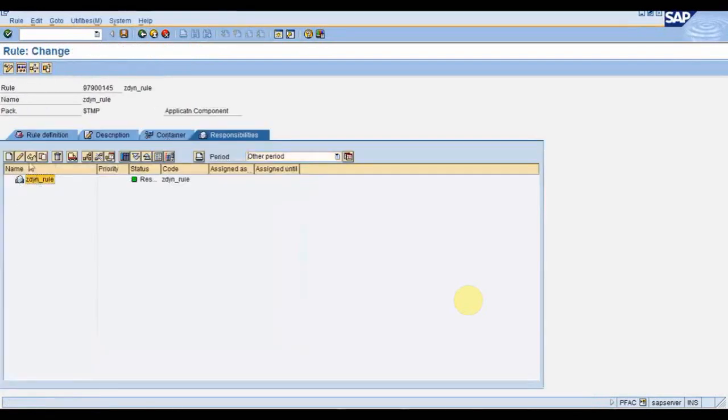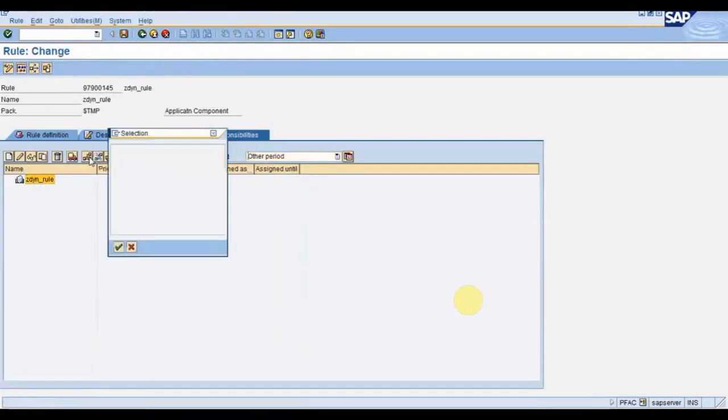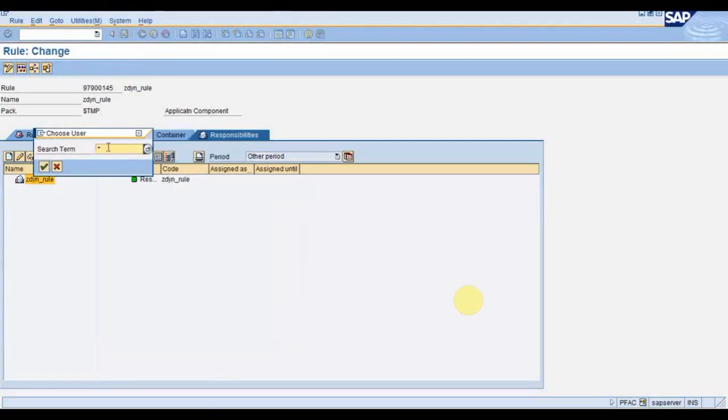If I don't use that personal rule, if I do this agent assignment, it will determine based on the org structure. Like suppose in HR, if I have org unit, work center, position, or the job, then it will fetch that particular user ID based on that org structure.